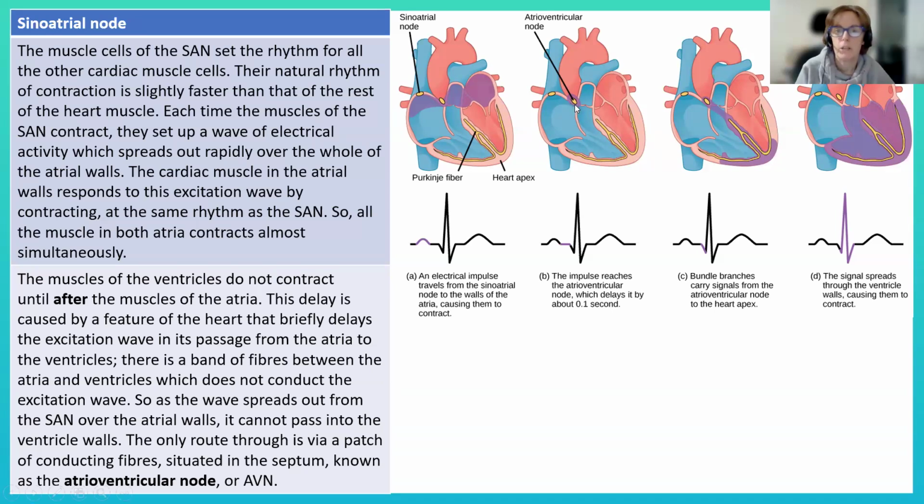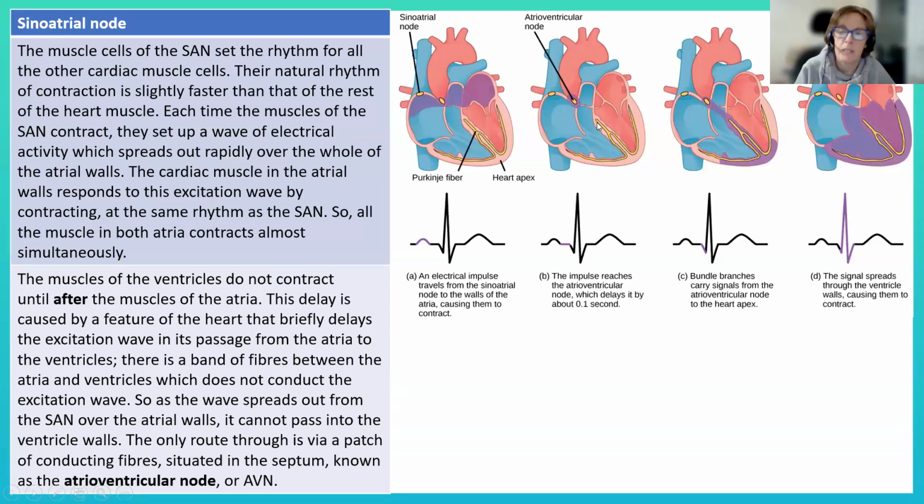You can see it there, look. So it starts off here in the sinoatrial node, spreads over the atrial tissue, the cardiac muscle tissue, and reaches the AV node. And there's a brief delay while the blood can empty into the ventricle and fill,